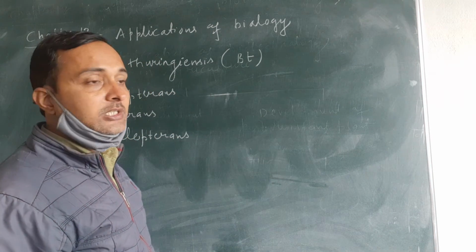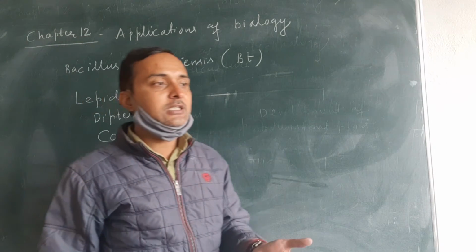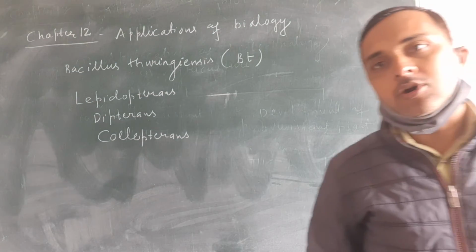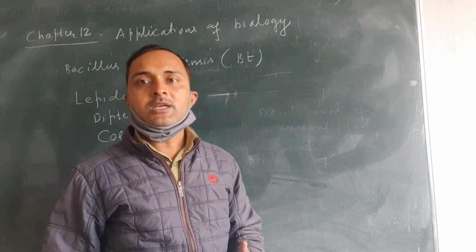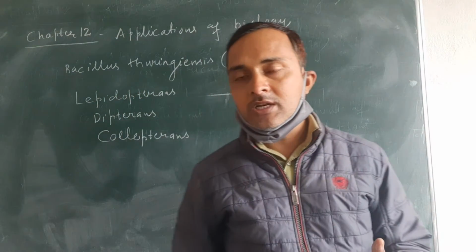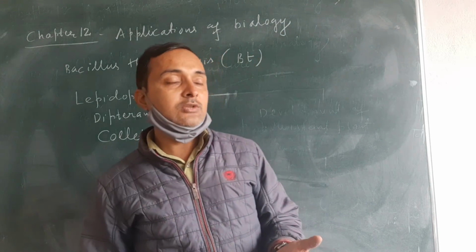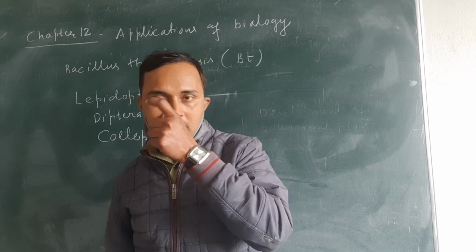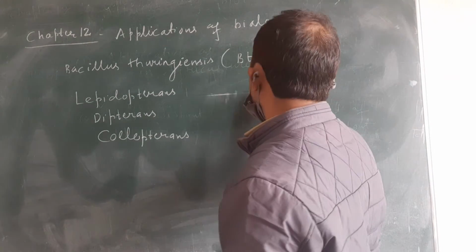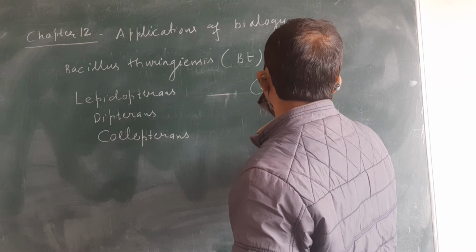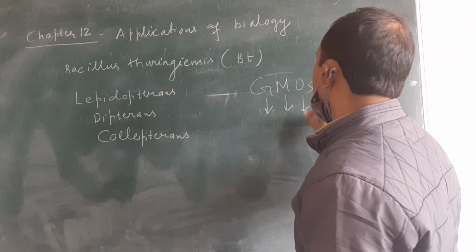That cotton plant is known as Bt cotton because it is produced by using this bacterium, and that is the example of a genetically modified crop because this plant is produced by genetic manipulation. What are genetically modified organisms? The organisms in which their gene is modified, or genetically changed or manipulated, are known as genetically modified organisms, in short GMOs. G stands for genetically, M stands for modified, O stands for organisms.